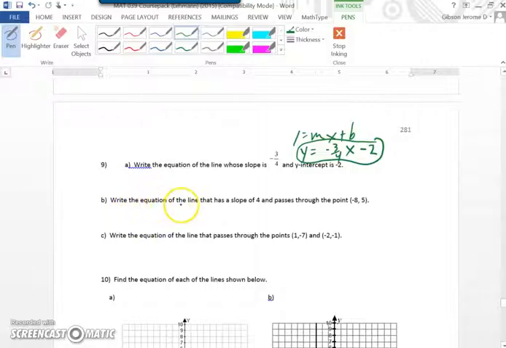Now 9B, write the equation of the line that has a slope of 4 and passes through the point negative 8, 5. So now we know we have a slope of 4, and then we have this ordered pair. So we would take that y equals mx plus b formula